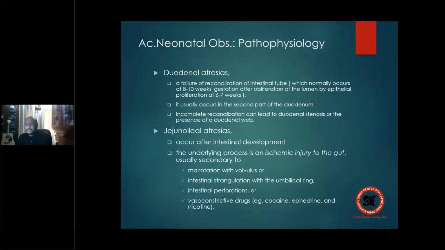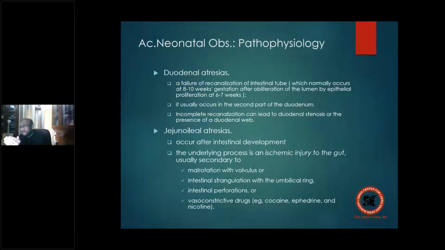Now, coming to the pathophysiology of these atresias. If you look at the pathophysiology, the two most common ones are the duodenal and the jejunal-ileal. They have got distinct pathophysiology. Distinct. You have to understand that. A duodenal atresia is failure of recanalization. Whenever the intestinal tube is formed, you know the basic progress. Initially, it is a solid cord-like, then recanalizes, right? And then again, it undergoes complete obliteration and then recanalization.